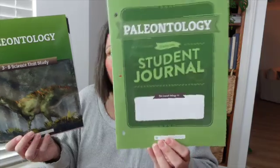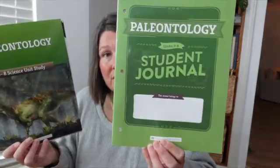I have this one, and this is for third through eighth grade, and it also comes with a student journal. So I did purchase these two together. We also might do this one for summer, so we might go ahead and start working on it. It just depends on how things flow during the summer, but I think I do want to start with that one. And then another one that I purchased was the weather and water unit,